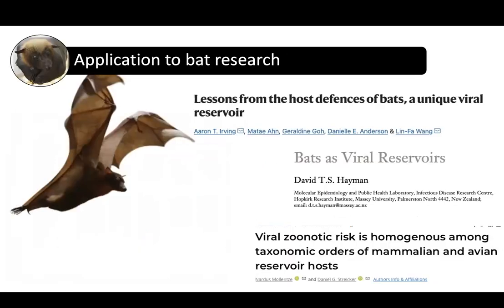So with all of this, now we're going to get into how disease ecology is applied to bat research. In disease ecology, bats are quite interesting as reservoir hosts, where millions of years of evolution have allowed them to form really close evolutionary relationships with certain viruses. And it's been shown that certain factors of their immune systems are extremely different from other mammals that we see, and